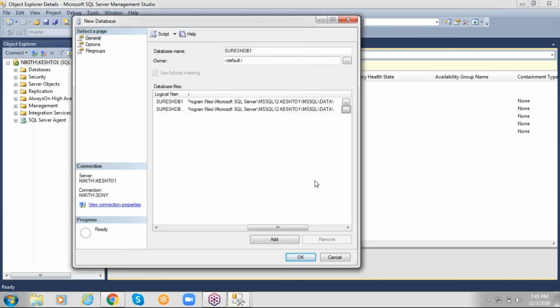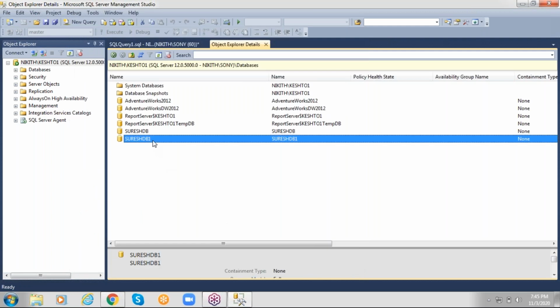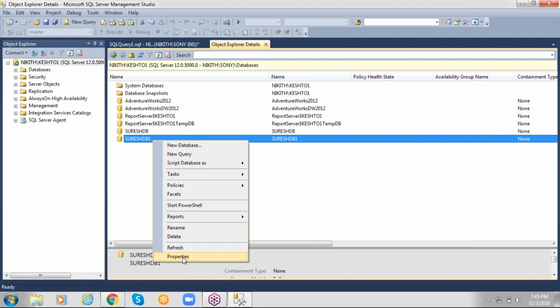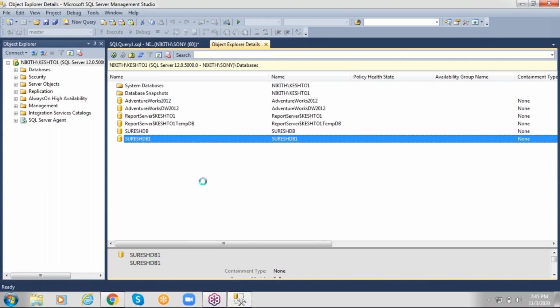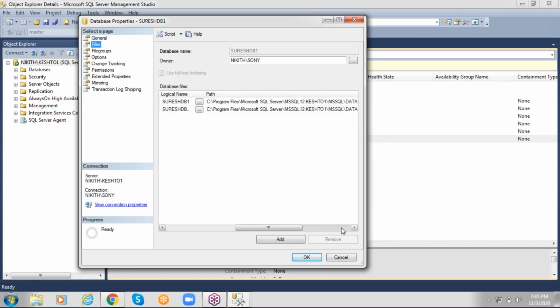You have to store them there. Just click on OK. Now the database is created. Right click on the database, go to properties, scroll to the right side, see the .mdf, master data file, and .ldf, log data file. Clear to all of you?